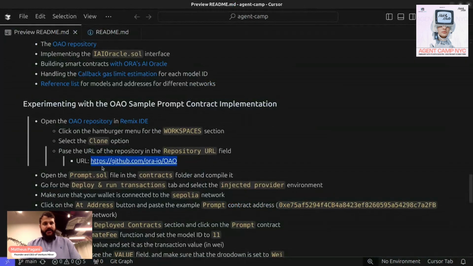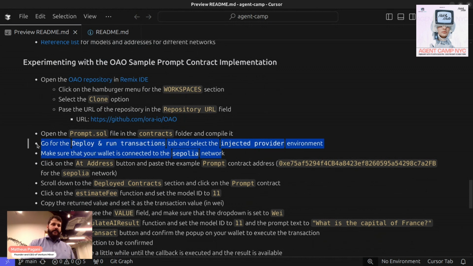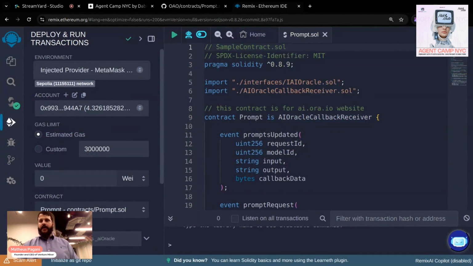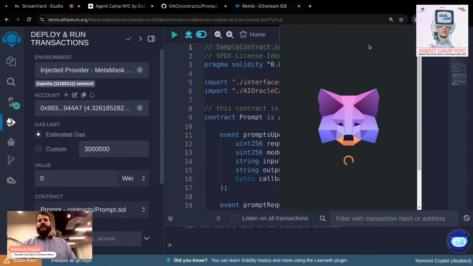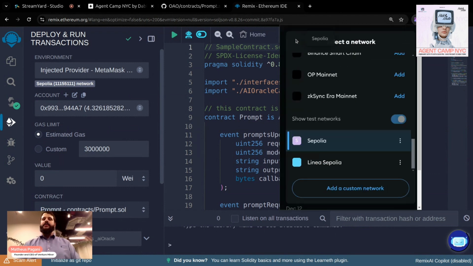Okay, so this step might be a little bump for some of you, and I even put here in the documentation, make sure that you are connected to the Sepolia network. Okay, we are in these 2 steps. Because if you are not connected to Sepolia, like mainnet or any other network, you're not going to have money there. You're not going to have tokens. So nothing is going to work. Okay. This is not like Twitter, Facebook, Instagram that you use for free. Here you gotta